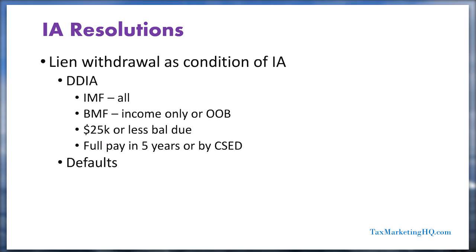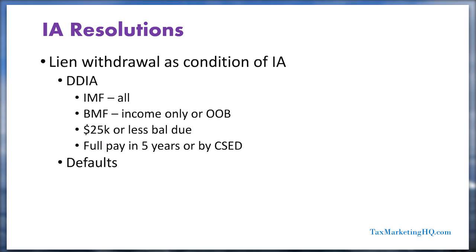If the service enters into a DDIA with a taxpayer, then they will withdraw the lien as long as the following conditions are met. One, it has to be an individual tax, so individual master file, IMF. If it's a business, then it needs to be income tax only, or the business has to be out of business. If the business is no longer operating, and this is indicated in the business master file that the business has filed final returns and closed out the reporting requirements and marked as out of business,